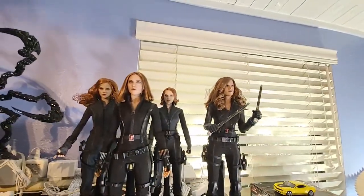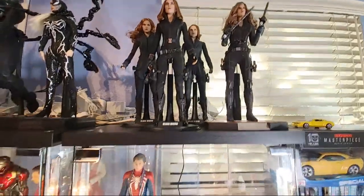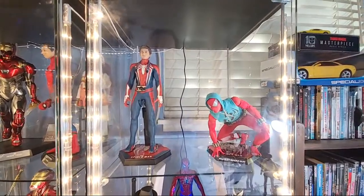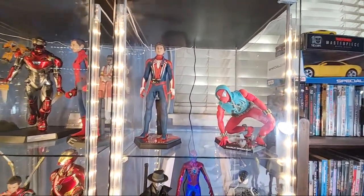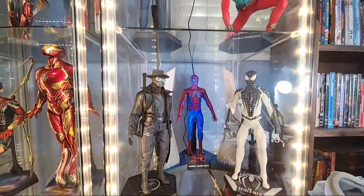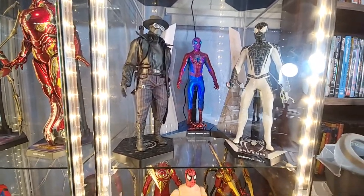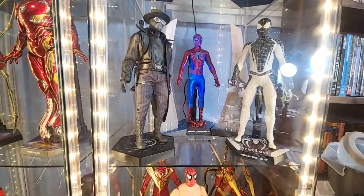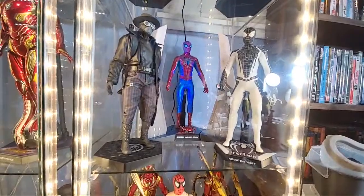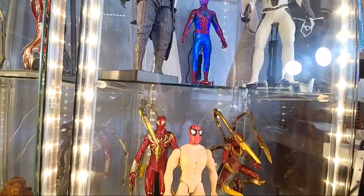But here's my Black Widows that are not already in a group. I have all the Black Widows. And there's Advanced Suit Spider-Man from the PlayStation game, and Scarlet Spider, who I thought was the best Spider-Man when I was reading the comics years ago. Mark IV Spider Armor and Spider Noir from the PlayStation game also. Negative Suit Spidey. Anybody wants to buy that, by the way, I'll give you a really good deal. Well, I'm not giving them away, but...